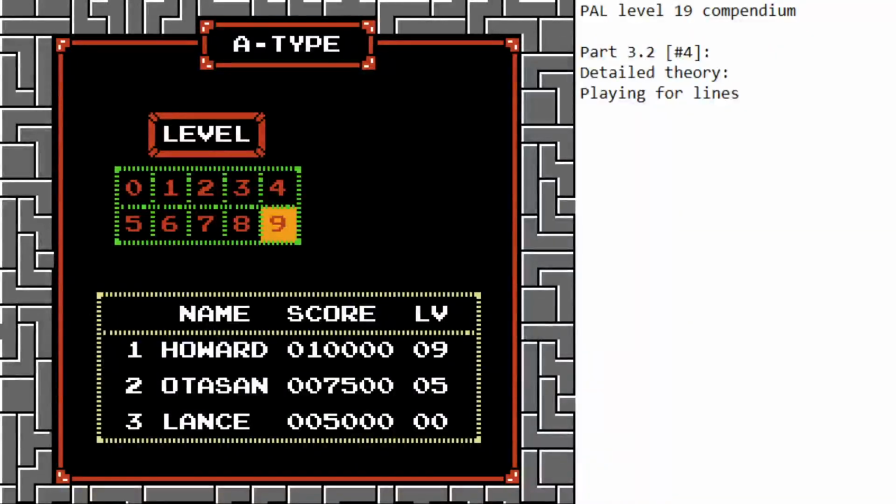Hello, this is part 3.2, episode 4 of the PAL level 19 compendium, detailed theory: playing for lines. I will play a few games just for lines to show